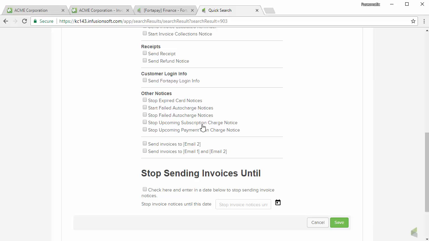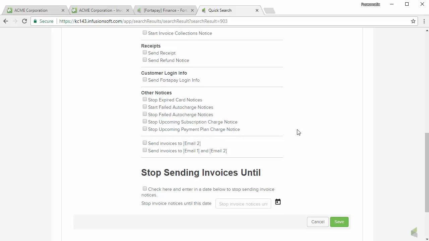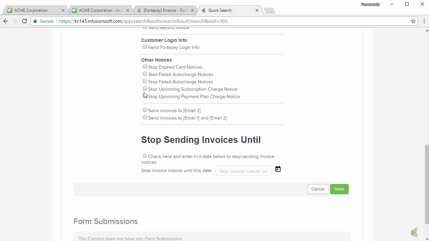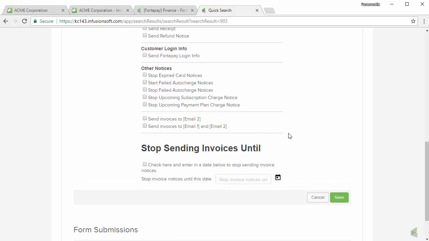Upcoming subscription notice charges and upcoming payment plan charge notices, I can stop those campaigns as well at any point just by coming in and selecting the checkbox. These are a couple interesting options that make it quite flexible. If you want to send your invoice notices to a secondary email,